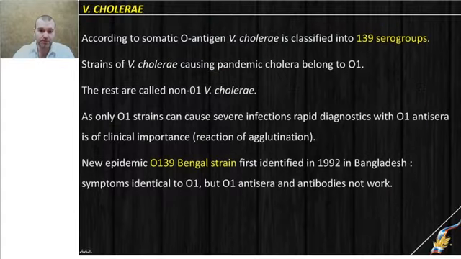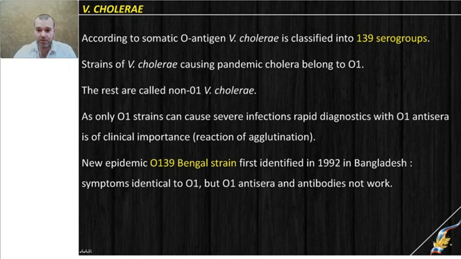But of course, it is required to know, is it pathogenic and epidemic Vibrio cholerae or not. The very first and most important classification used for differentiation of Vibrio cholerae is a serological classification according to the structure of somatic O antigen, or lipopolysaccharide. Nowadays Vibrio cholerae is classified into 139 serogroups. And all strains that caused pandemics in history belong to the O1 group.